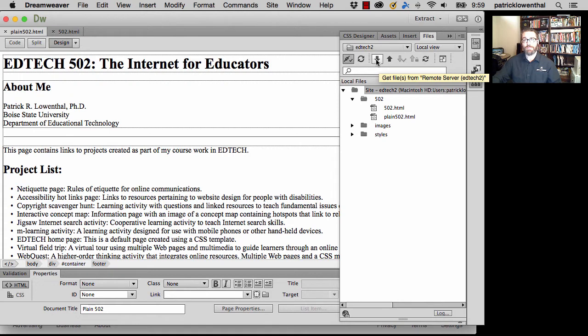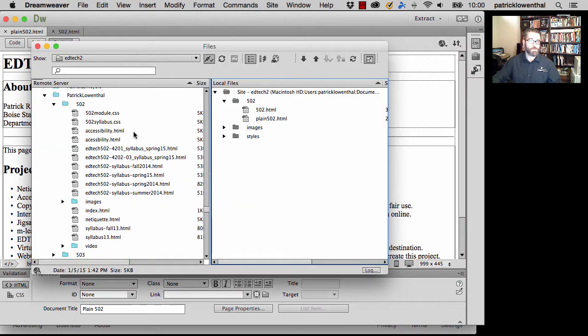So you can use these get and put options as well as the synchronize option, but what I like to do is I like to expand this window. Okay, so here's my remote server. It's going to look a little different than yours. Not only do I have a lot of files, I have administrative access, so the top of my remote server looks a little different. So what I like to do is I like to drag and drop my files onto